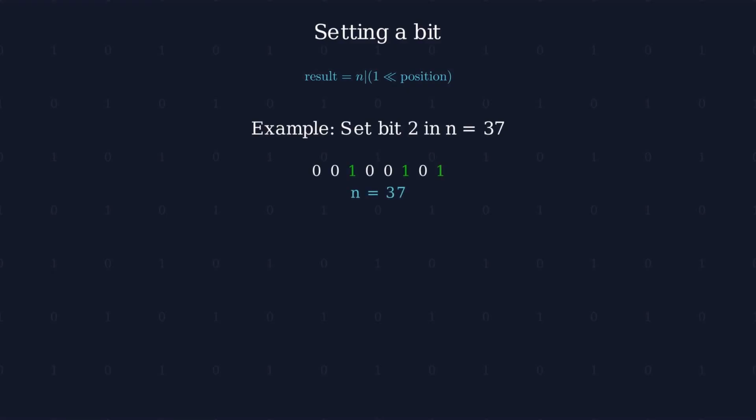Our second technique is setting a specific bit. To set a bit, we use the OR operator with a mask created by shifting. Let's set bit 2 in the number 37. First, we look at 37 in binary, which is